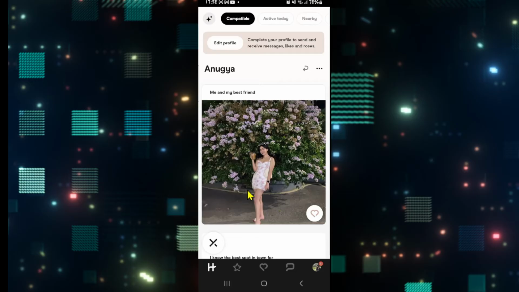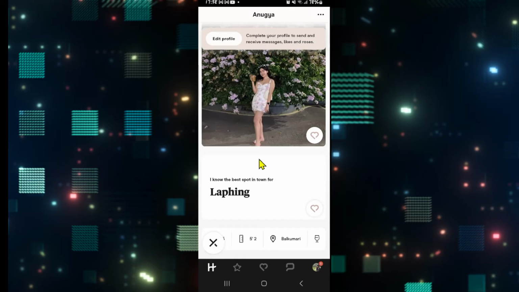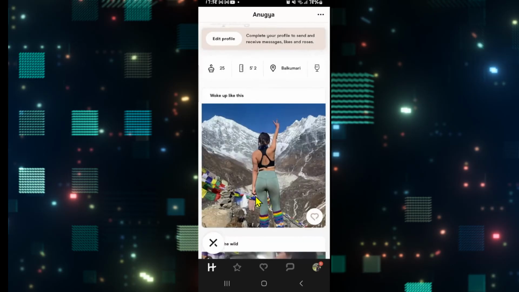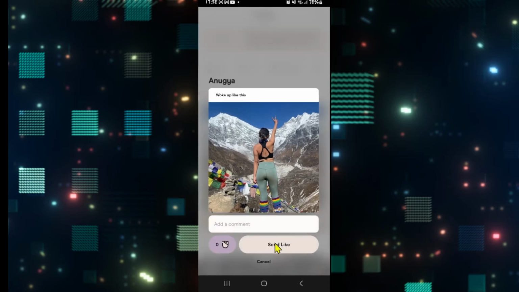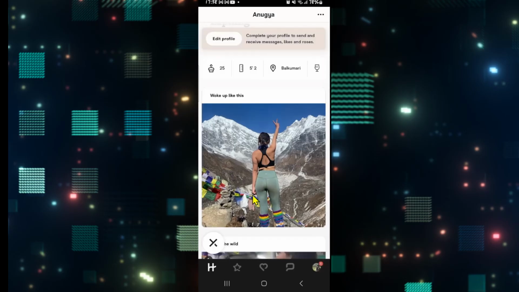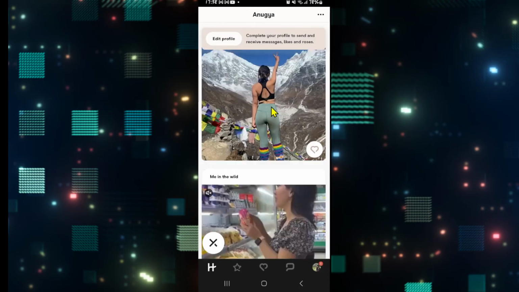Now, from the home page, you can start scrolling through their profiles and you will see various different pictures that they have uploaded. You can simply tap on the heart icon alongside each picture and you will be able to send a like, and you can also add a comment if you wish to do so by tapping on the add a comment section. After you send a like to this photo, the user will be notified that you have